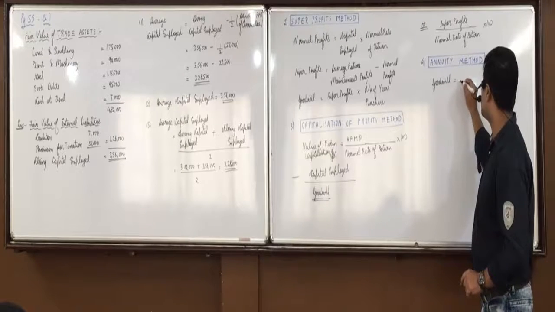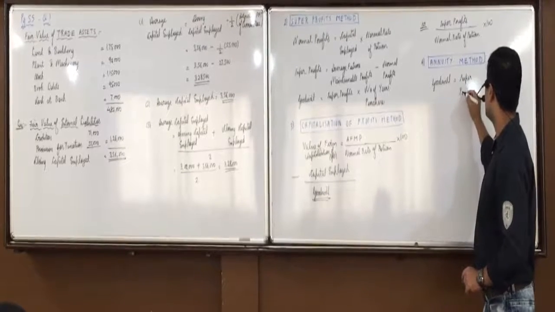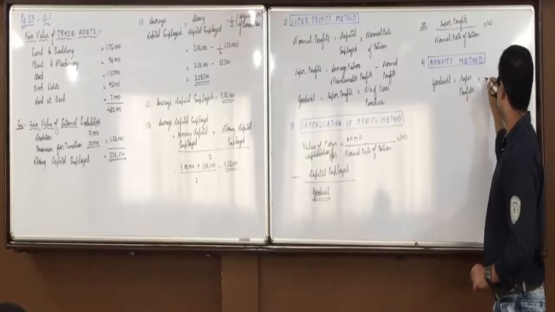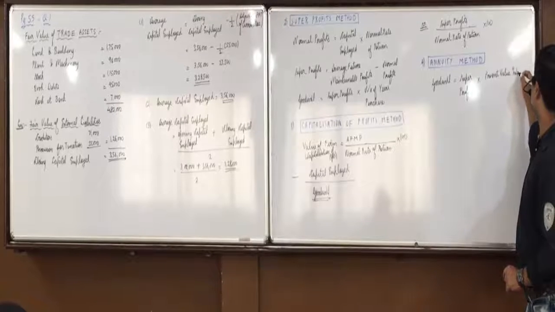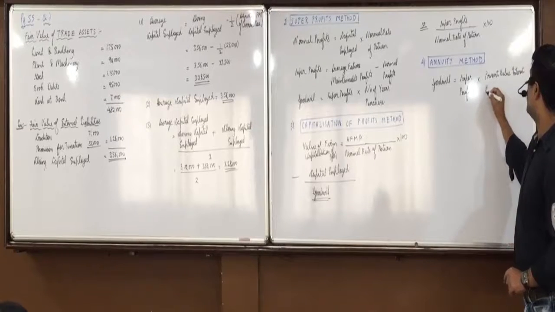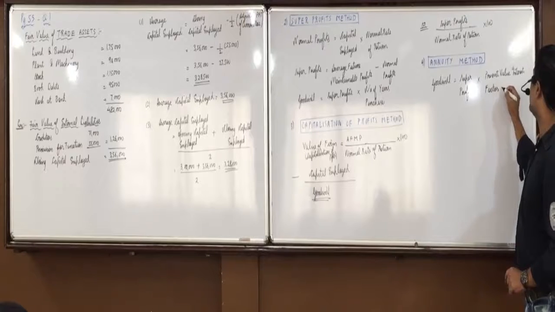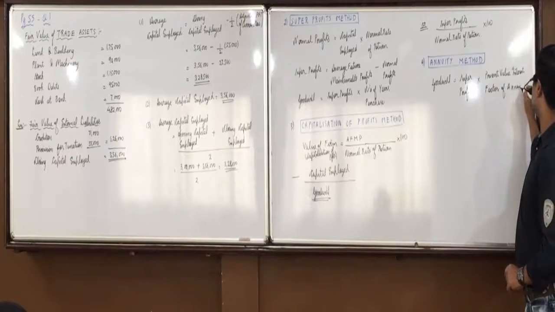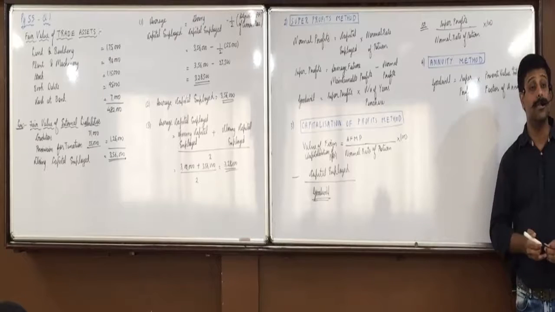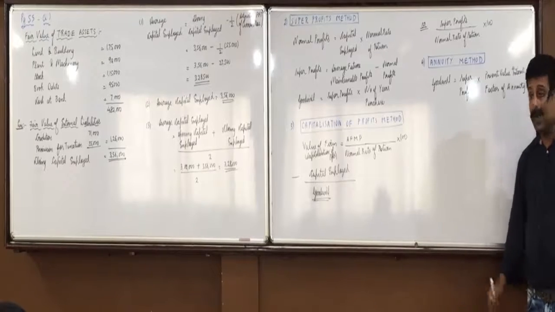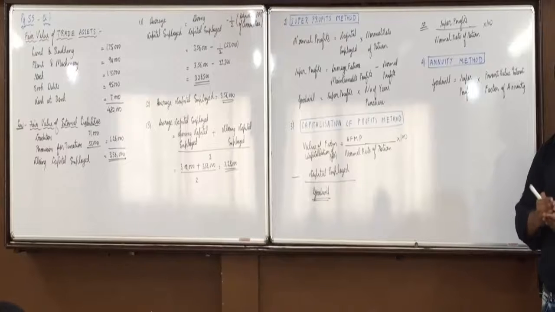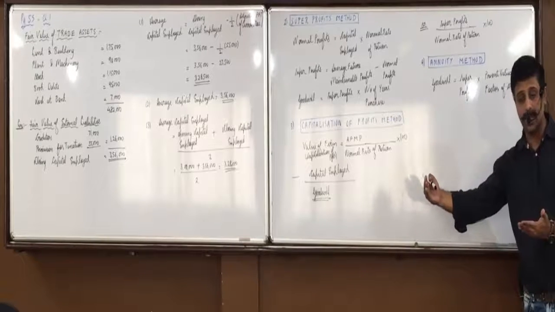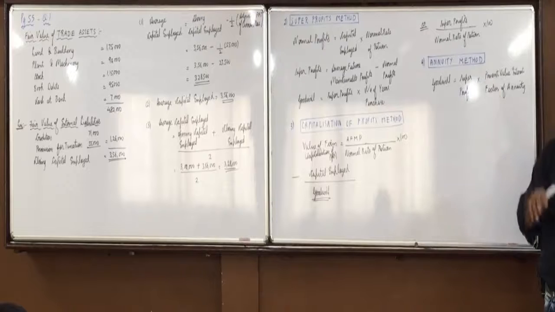Goodwill will be equal to super profits into present value interest factor of annuity, and this will be directly given in the question, and it will always be less than number of years. Means if number of years are 3, then this present value interest factor will be 2 point something. It will be less than 3 because you expect 15,000 to earn today, after 1 year, after 2 years. So therefore its today's value should always be less.